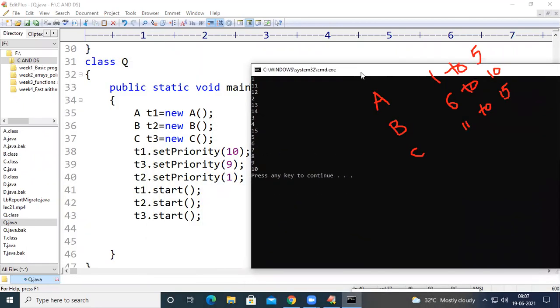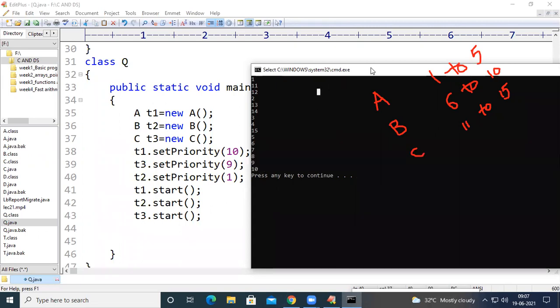If we assign priorities to all the threads, we are getting somewhat different output. We set the highest priority for T1, so T1 has been started first. That's why we got 1. And then we have given the next priority to T3. That's why we got 11 and 12. And then we have given the lowest priority to T2. So that's why T2 has been executed last, 6, 7, 8, 9, 10.